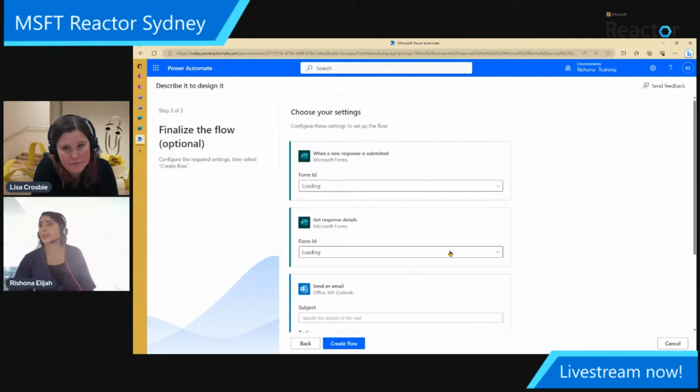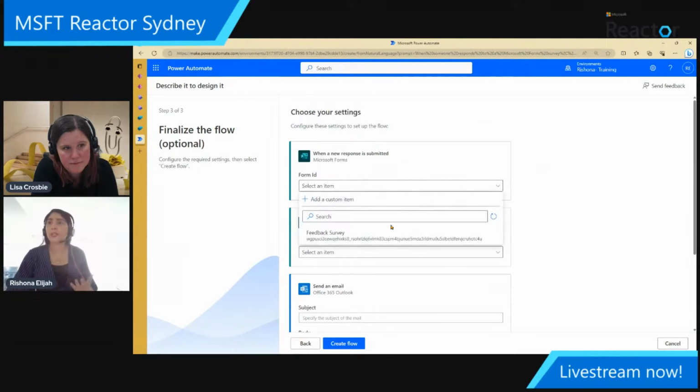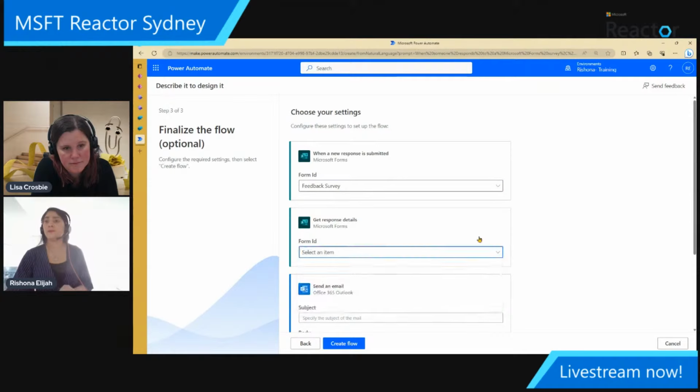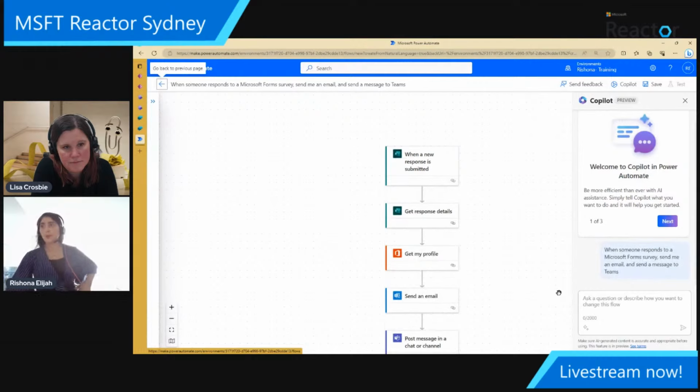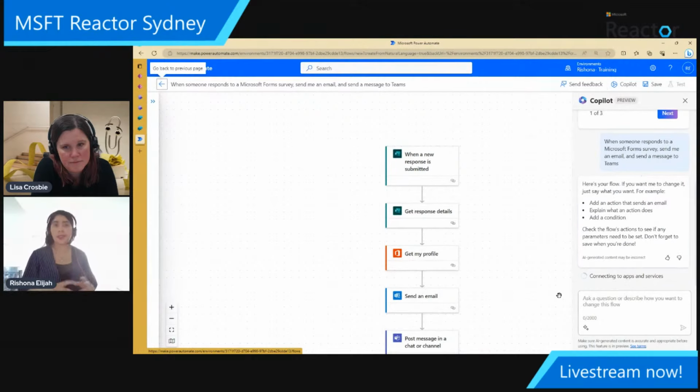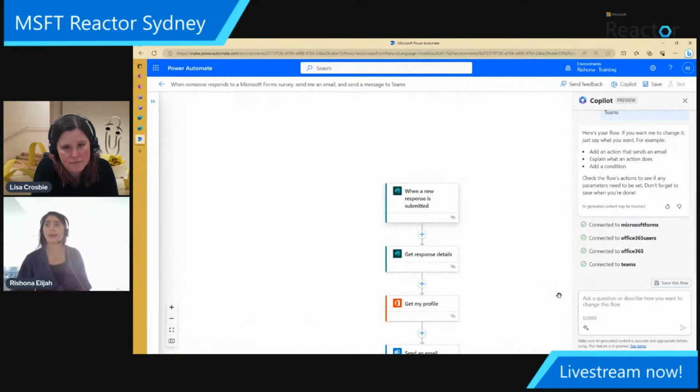Here, there'll just be some steps to configure it where you can make some connections, such as what is the form that you want to connect it to, and any of those basic settings. So it saves you from needing to go to that full-on flow editor, which can be quite confusing for people. If it's something simple, then you can simply make those basic changes from this interface here. But I'll go ahead and click Create Flow, where it will take us to that complete editor to make those further changes that we need.